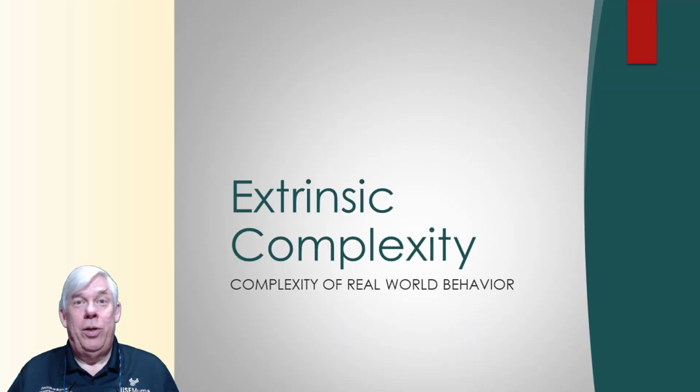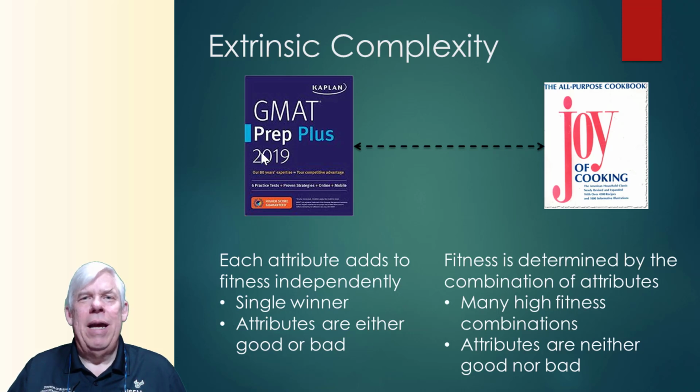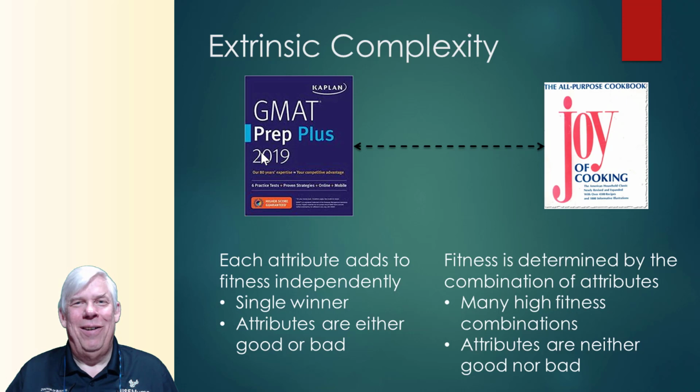It's now time to turn to the third type of complexity, which I call extrinsic complexity, which essentially deals with complexity as it relates to the real world, particularly how the real world rewards and punishes the activities that we engage in, which is not always a very simple thing. To think about what we mean by extrinsic complexity, let's take a look at two examples. The first example is a multiple choice test. And in a multiple choice test, the world rewards the test taker based upon the number of right answers.